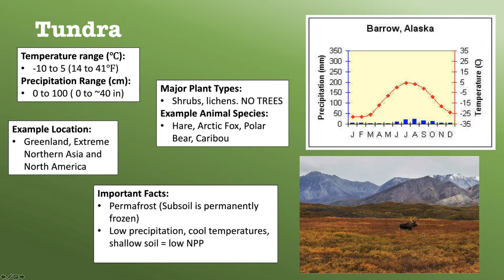Now, with low precipitation, cool temperatures, and shallow soil, you have very low net primary productivity, or NPP. Primary productivity is a very important concept in environmental science, and we're definitely going to talk about it in detail later. But all you need to know right now is that primary productivity, or net primary productivity, is a measurement of how many plants basically are in an area,